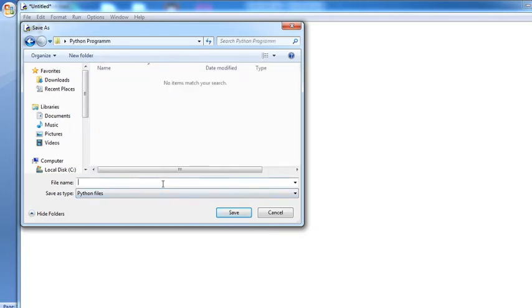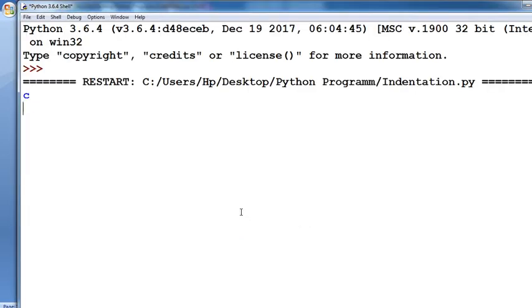Open that and save the program as experiment number 2, that is indentation.py. You know every Python program is saved with the .py extension. Save this program and execute it. The output displays as c.